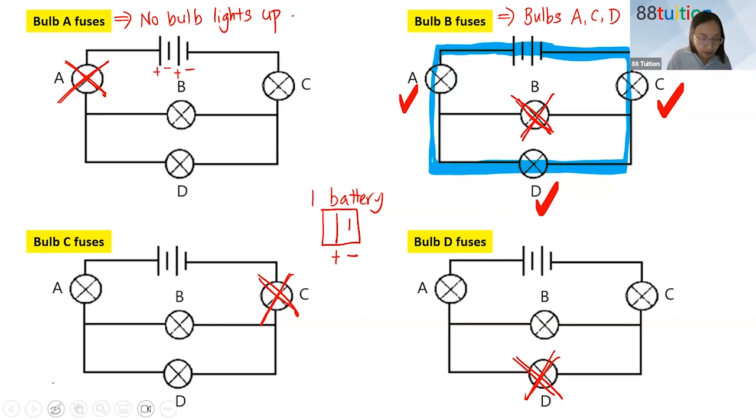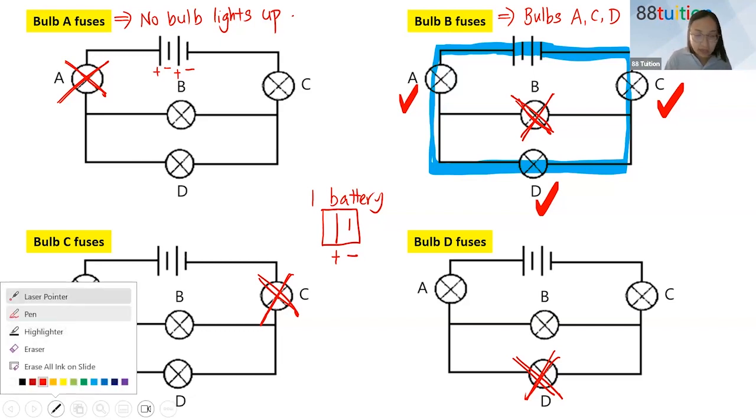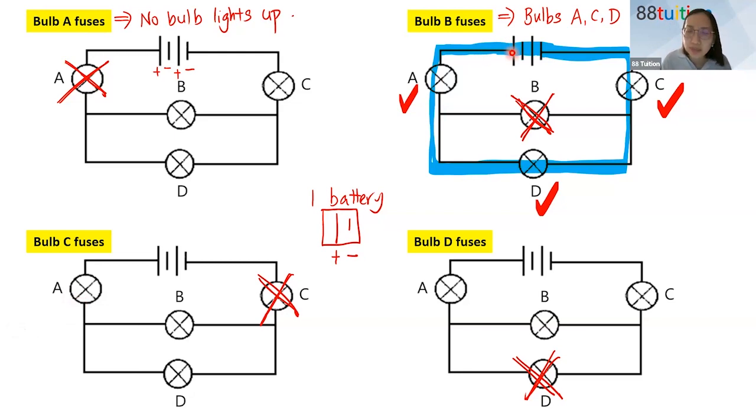All right. So always try to find a closed circuit. Closed circuit means the current coming out from one end of the battery must go back to the other end of the battery. This is a closed circuit. So bulb A will light up, bulb D will light up, bulb C will light up. Now the current cannot go this way because bulb B fuses. So B will not light up, only A, D, C will light up.